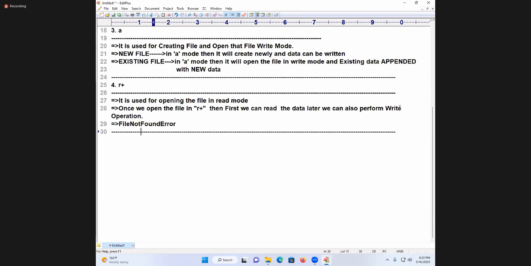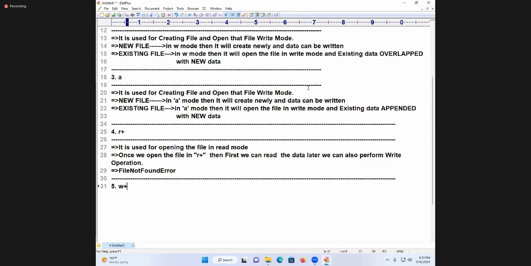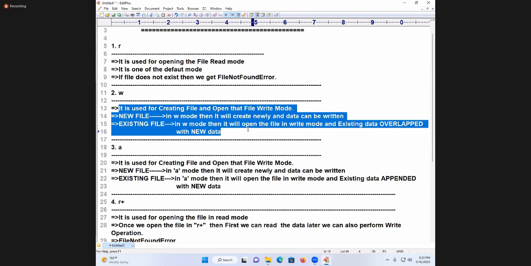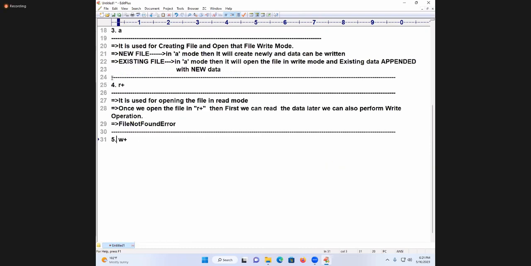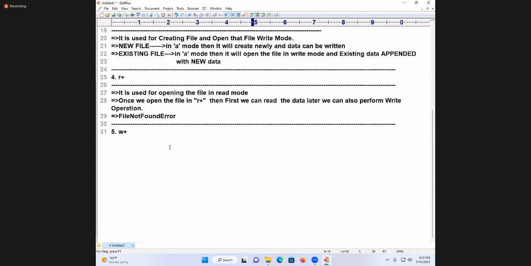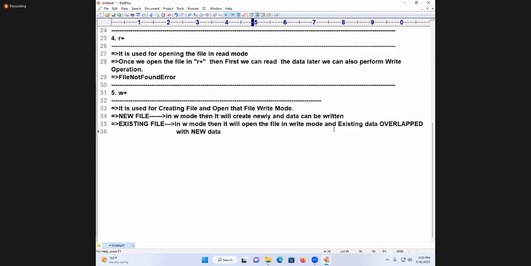Now I am going to take up W plus. W is doing what? Only writing. With this, same to same, no change. But later, what we can do? We can write the data with W plus. With W plus, what you can do? First, we can